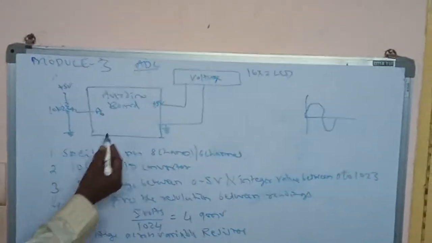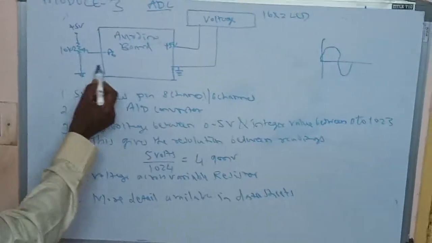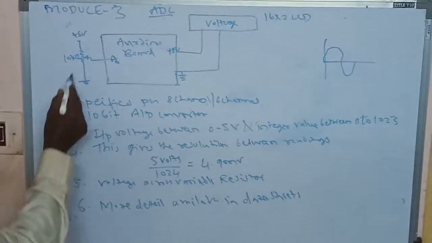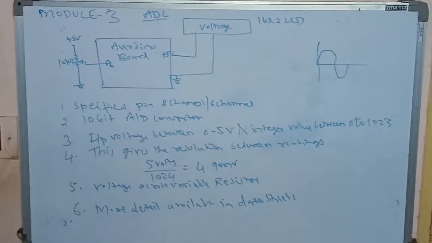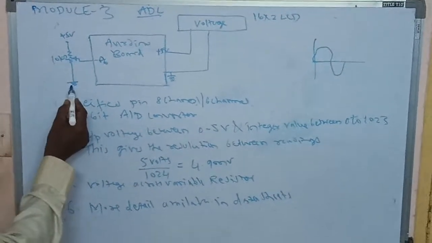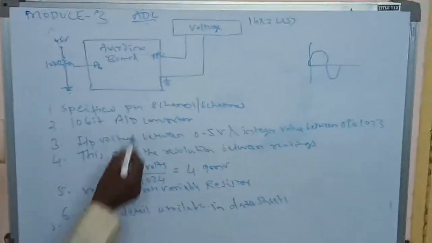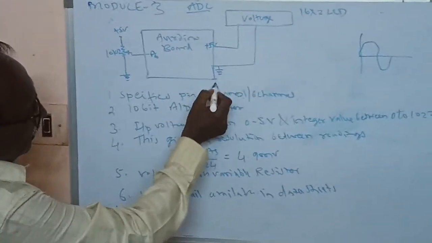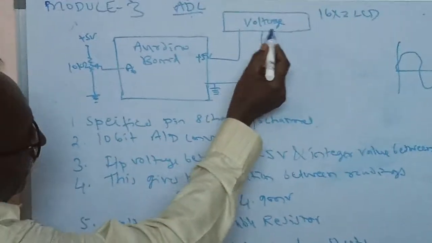So with the embedded system, the Arduino board is there. Observe this board. It contains A0. We can connect the 10k ohm variable resistor, which is most important. Again, it is connected to 5 volts, and the lower pin is connected to the ground. Similarly, we can connect the 5 volts from the board and ground points to the LCD display.